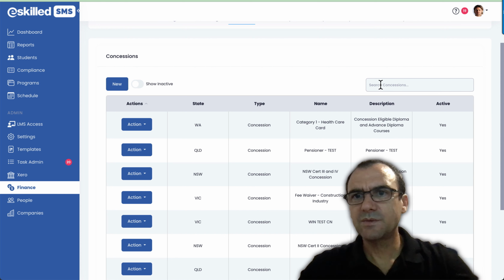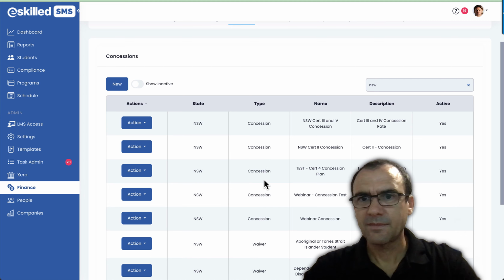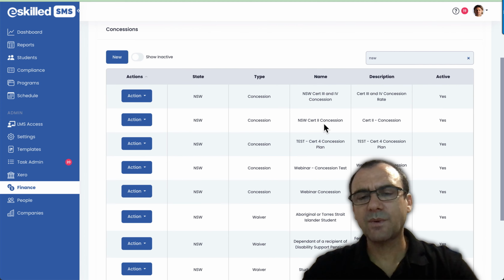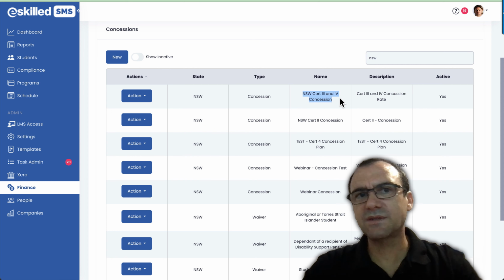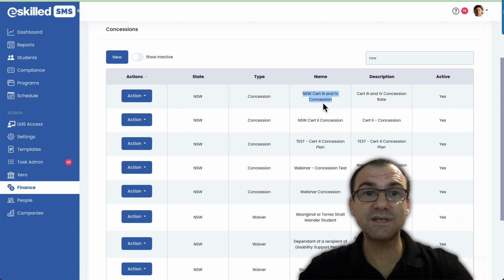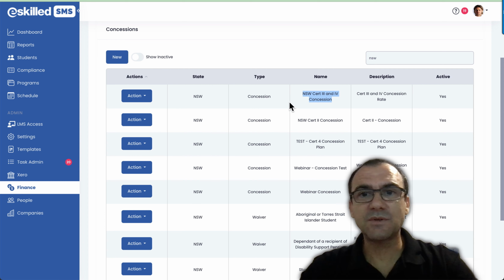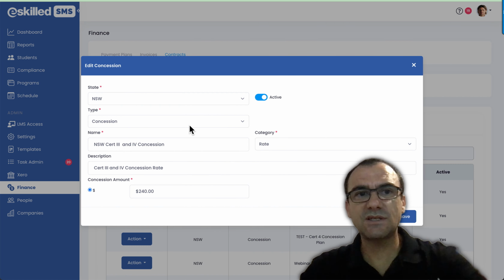So what we're going to do here is filter it by NSW. And you'll notice the handy thing about New South Wales is they basically just have concession rates that are set to a contract level. So you can see here we've already got some concessions set up for you in your system, which is really handy. Again, you probably don't have to do much here other than just check that everything looks correct. So I'm going to open up Cert 3 and 4 concession here and edit that, and just explain how the